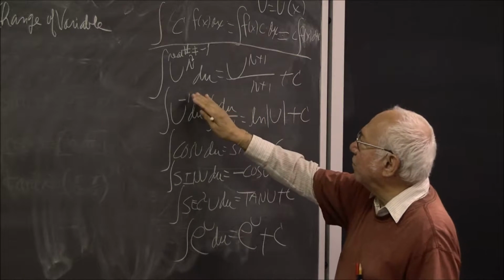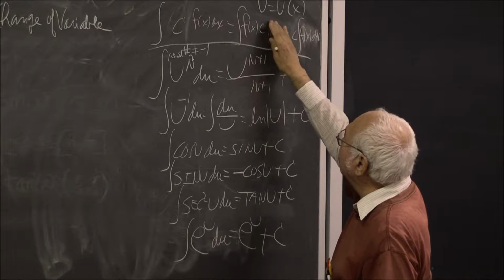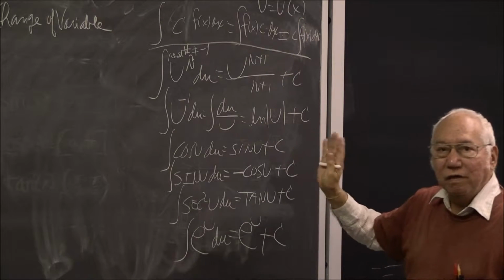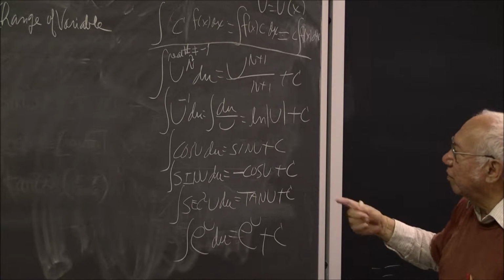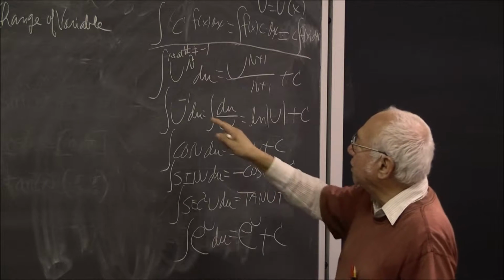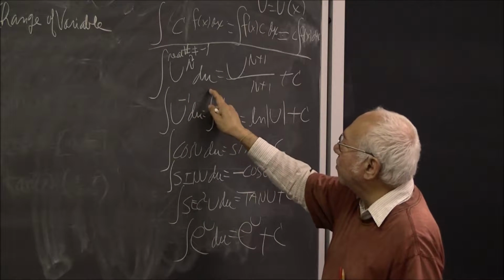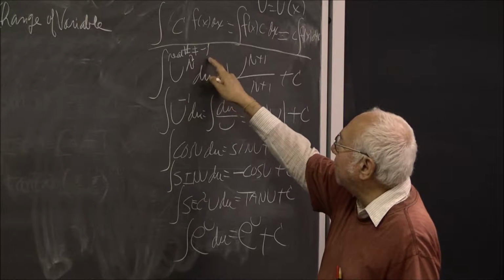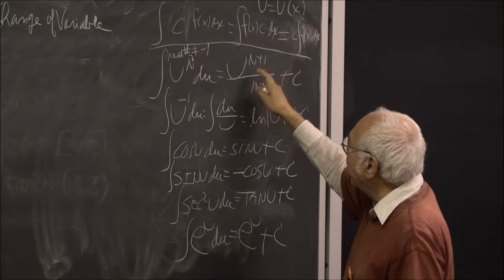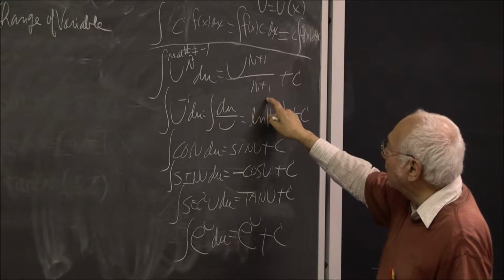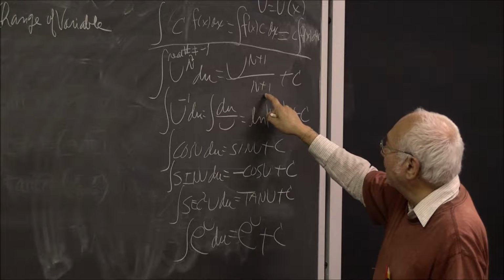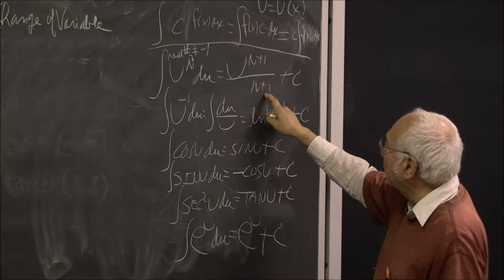Here's the integral of u to the n. Remember that u is some function of x. It can be equal to x, and if it's simpler for you to remember this the first time you go through this, then maybe you should. But the integral of u to the n du, where n is any real number except minus 1, is u to the n plus 1 divided by n plus 1. And again, it can't be minus 1 because then you would have division by 0, plus the constant of